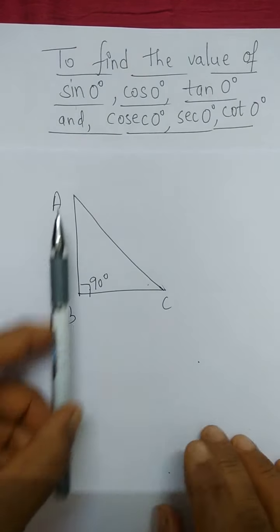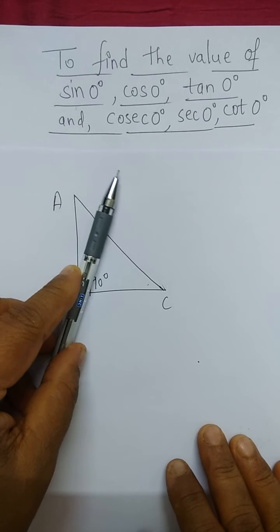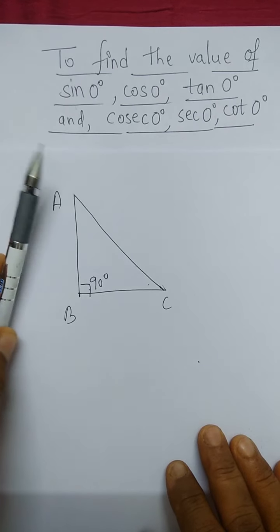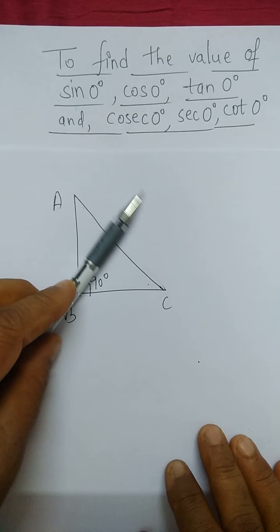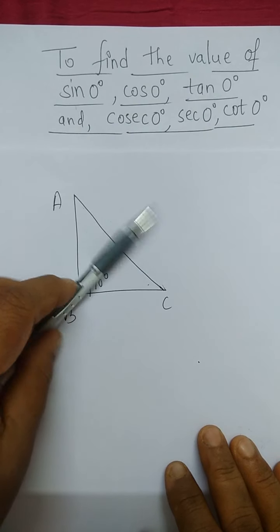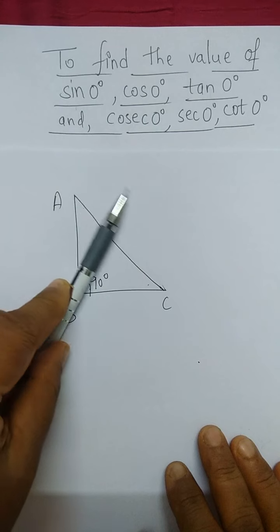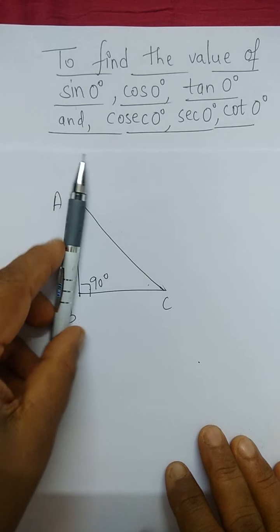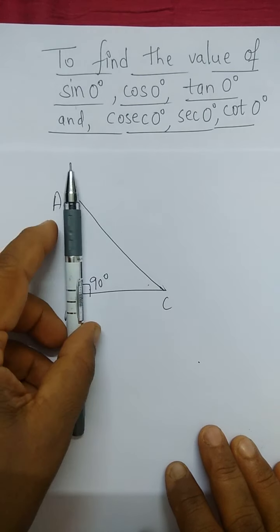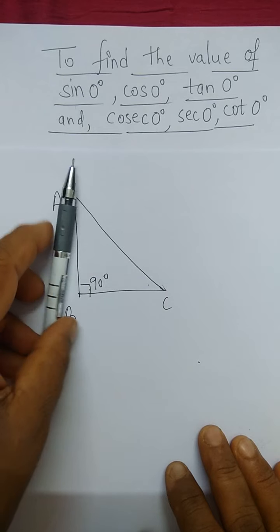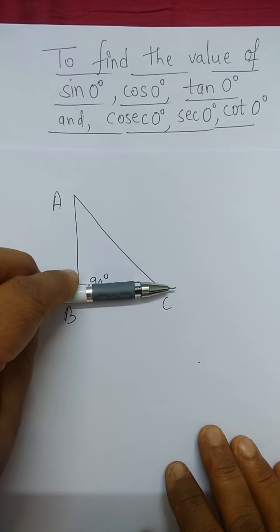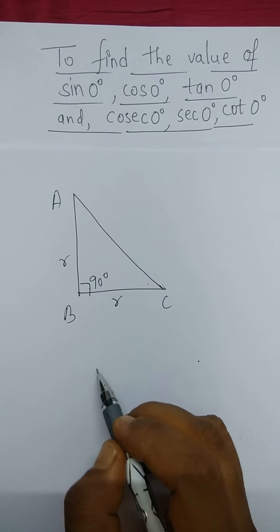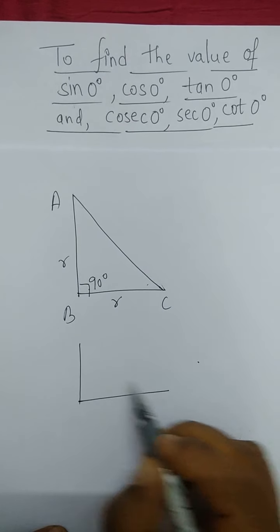That means this 90 degree angle will become less and less, and once it becomes 0, this AB will shift over BC for 0 degree angle. Now it is 90. It will decrease and become 0 degree. So this AB side will shift to BC. AB will be coincident to BC. So AB and BC will become R.